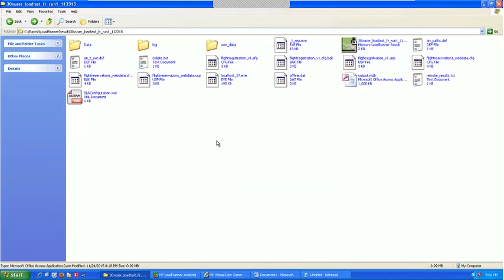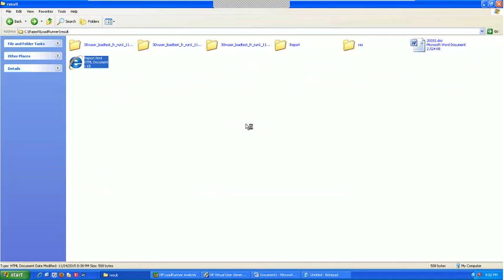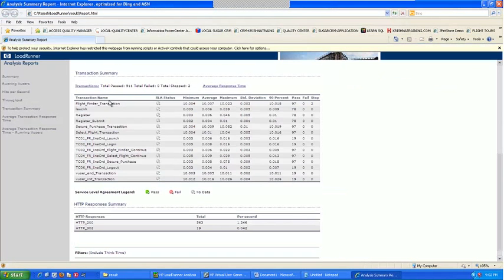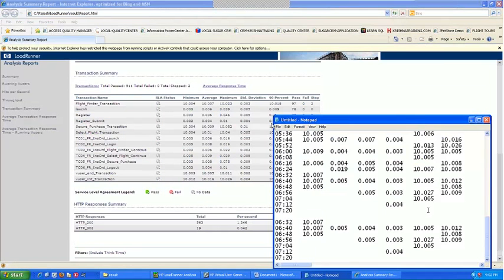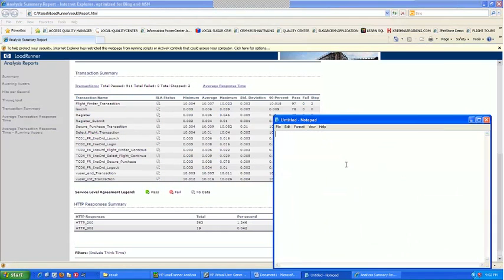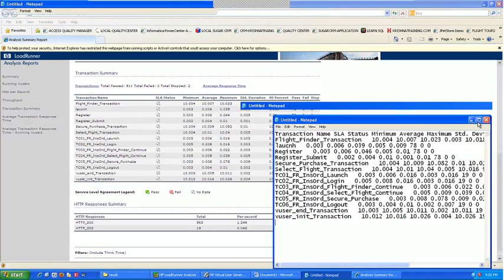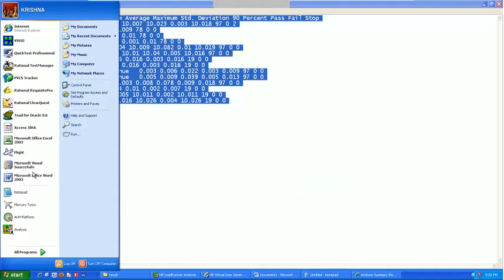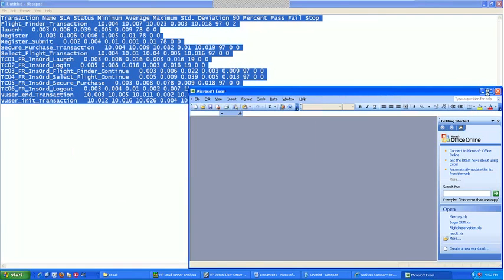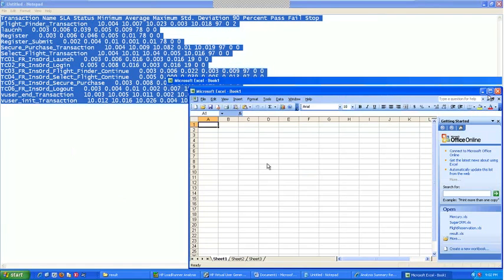So we created an HTML report, right? Let's go to that. That's the best way you can do. Open the HTML report. Copy this, Control C. Now put it in your Notepad. New Notepad. Now what you can do is copy this and put it in your Excel. Slight manipulations you have to do. There's no other option. So I'll copy and paste it here.